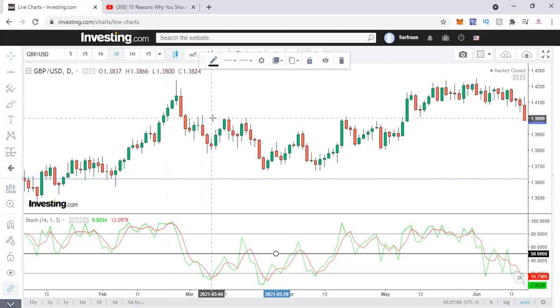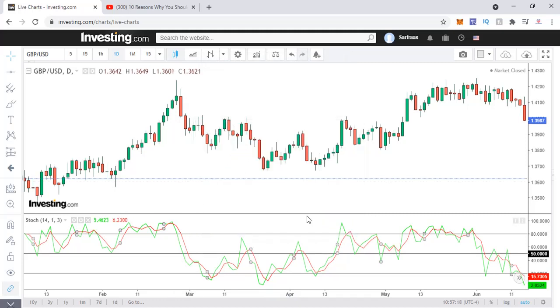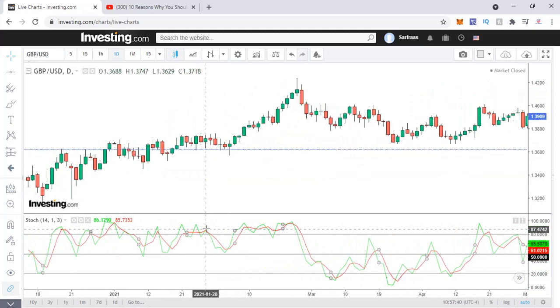So here, when we see this green crosses the red, the smooth line, the smooth K line which is there, you don't need to know what K is. Since we have done the color coding, when the green goes above the red, it's bullish, that's called a positive crossover. When the red crosses the green, that means the green goes below the red, it is a negative crossover. So how do you take trades on this?